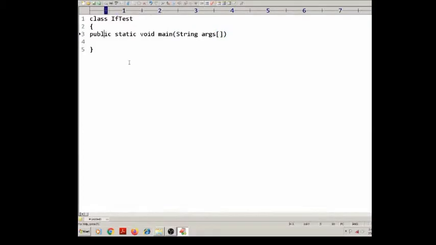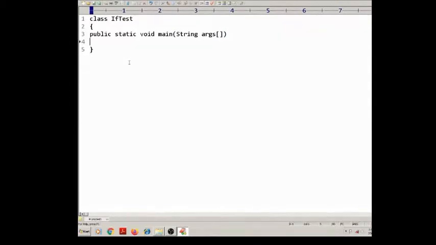So this is the main method. It is public because it is accessible by all the classes. Static because it is executed only once. And void, because we need not return anything from the main method, and it takes string arguments.